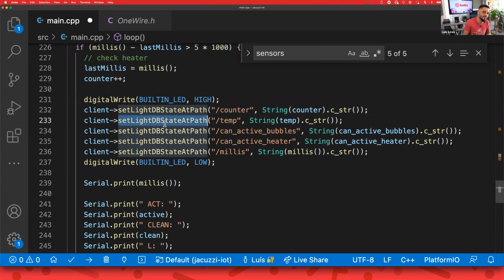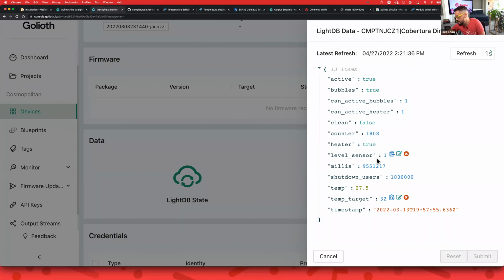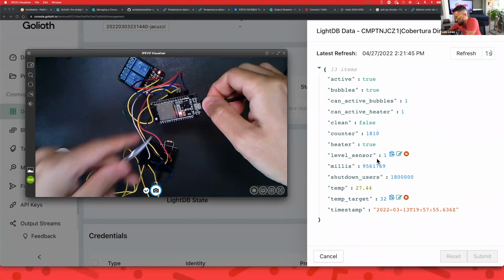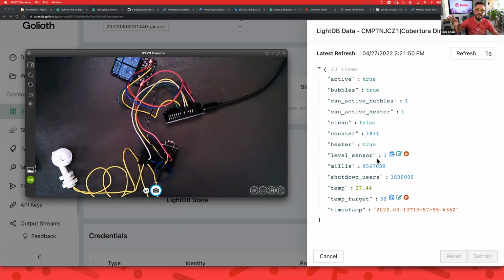I'm also using this set lightDB state at path. That means I'm setting a JSON structure there, and I'm sending the temperature. I'm sending the information about if I can activate the pump and also the heater. So if some fail-safe is turned on from the device part, I'm just sending back to the cloud, and then I could take action. For example, notify someone because something is wrong with the device. And also I'm sending the milliseconds just to see it changing if I'm debugging, right? And I did this digital write built-in at high and low. So every time I send some information there, you'll see the device blinking. So if you see the blue light blinking just over here, that means the data is being sent to the cloud,